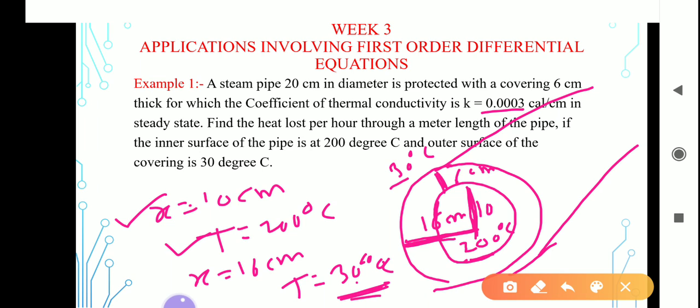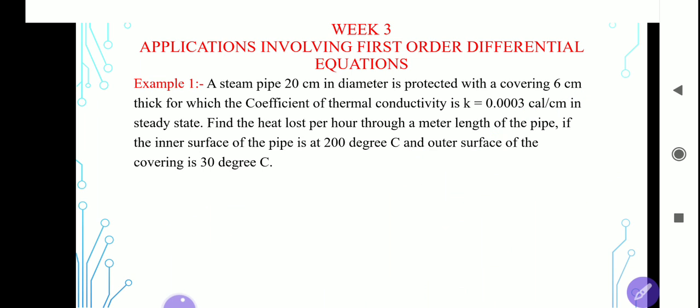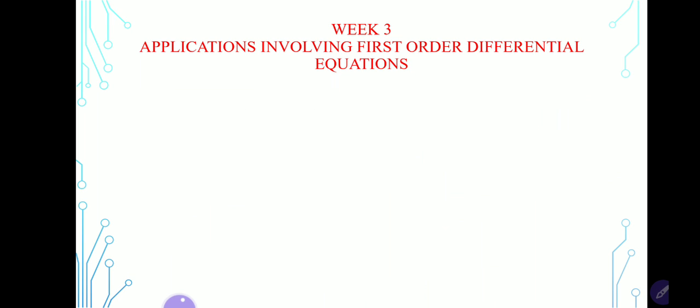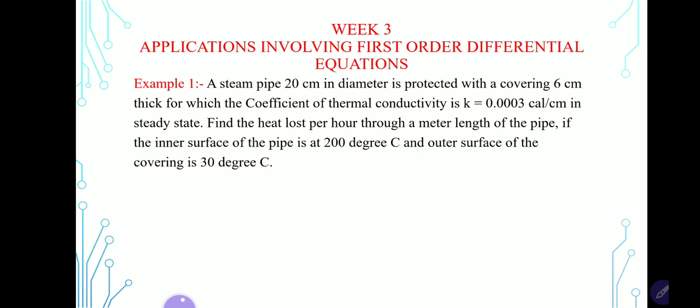Okay, so now we will start the solution. यहाँ तक तो आपको समझ में आया होगा कंडीशन क्या लेना है. अभी एक्चुअल Fourier law of heat conduction क्या है वो देखेंगे हम फर्स्ट. So for solving this problem we have to use Fourier law of heat conduction. Okay, so by the Fourier law of heat conduction we can write Q is equal to minus KA into dT by dx, where Q is